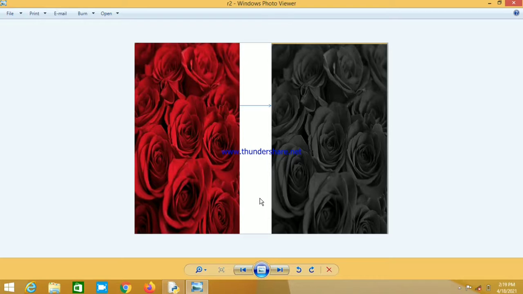Today we are going to discuss a very important concept of Python programming, and we are going to use a new library, that is OpenCV. So today we are going to convert a color image to a grayscale image in Python using the library OpenCV. This library we need to install using the pip install command on the command prompt. On my system it is installed, and that's why I don't need to install it now. And pip is a package manager for all the Python packages. In the later versions of Python it is included by default.